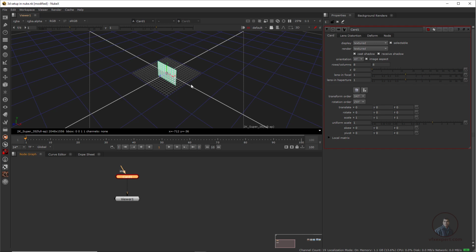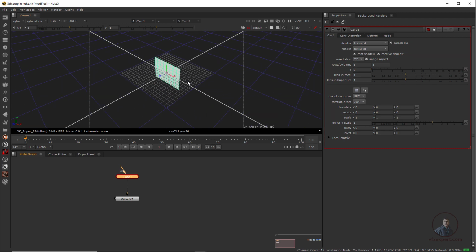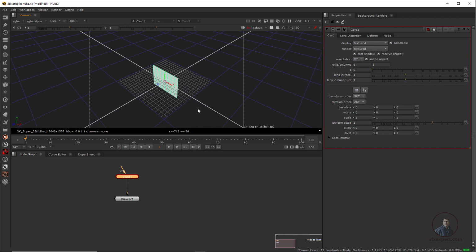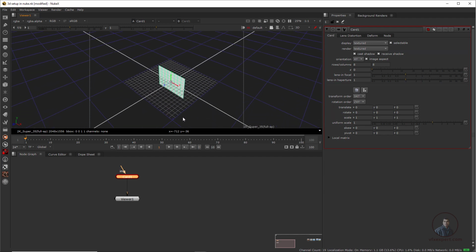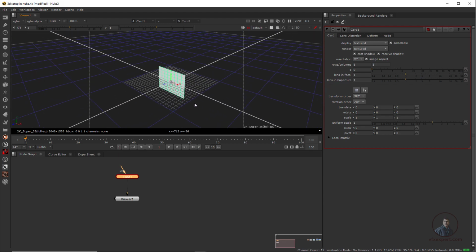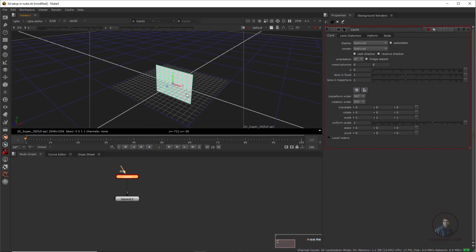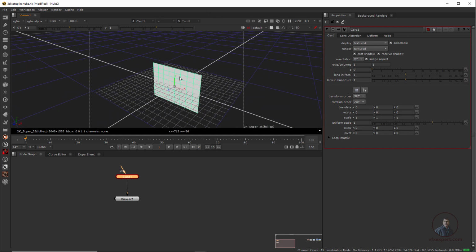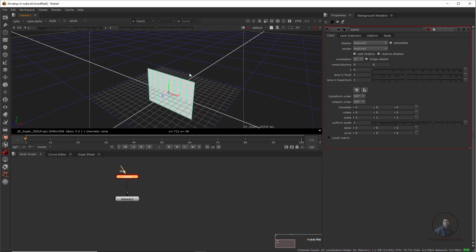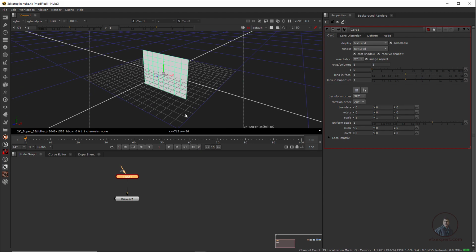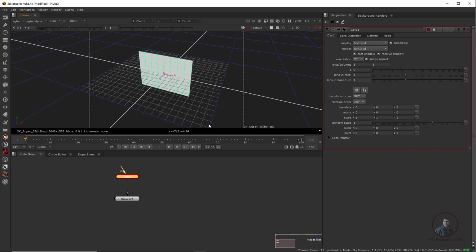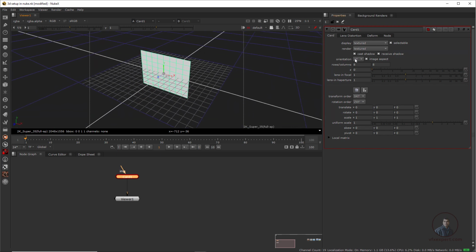First, let me show the navigation of the 3D viewport inside Nuke. If you scroll the middle mouse button, you can zoom in and zoom out your 3D view, which is our perspective view. Hold the middle mouse button and you can pan, left to right or top to bottom. Hold Alt and the right mouse button and you can orbit your 3D view. So middle mouse scroll to zoom, middle mouse button to pan, and Alt plus right mouse button to orbit your 3D view inside Nuke. On the right side these are our Card properties.